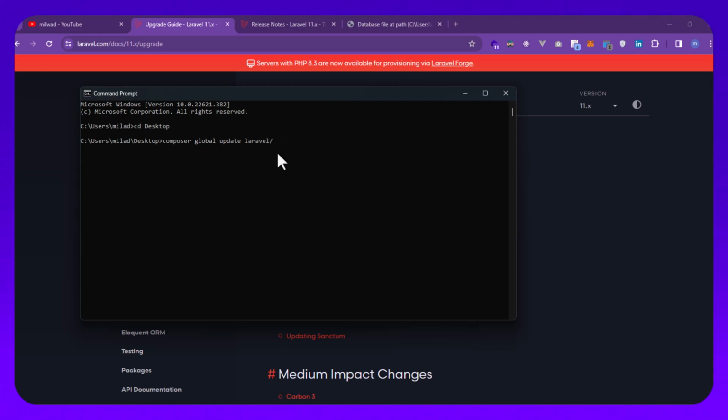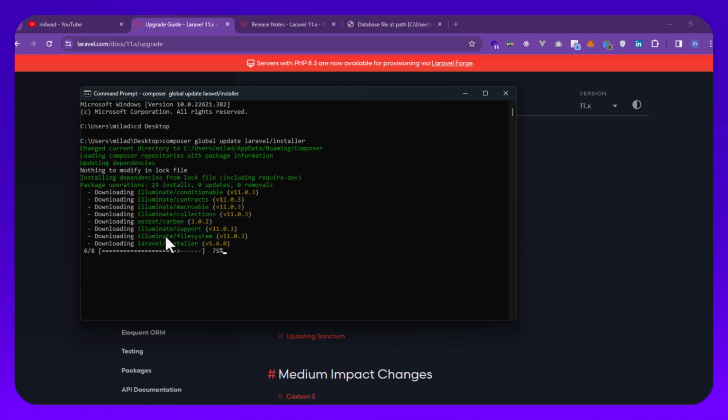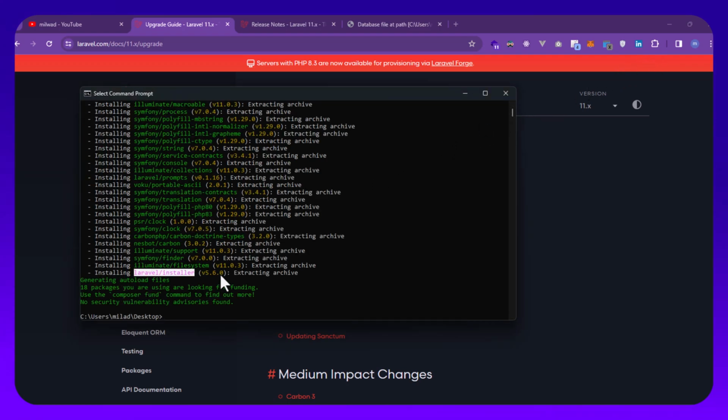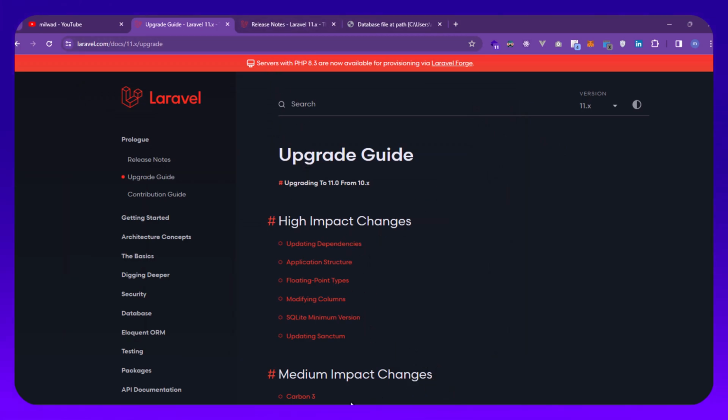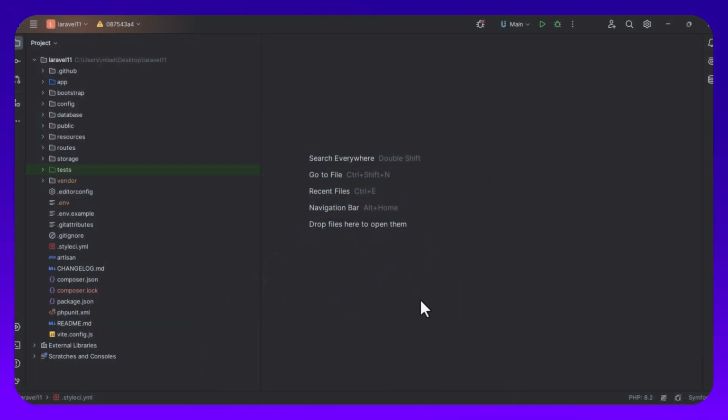I can write laravel, or I think I don't have the Laravel Installer. Let's see. So I don't have it, and you can see the Laravel Installer is already installed on my computer with version 5.6, and you are able to create a new Laravel project with the laravel new command and add a Laravel application name. I'm creating a new project. Let's open Laravel 11,